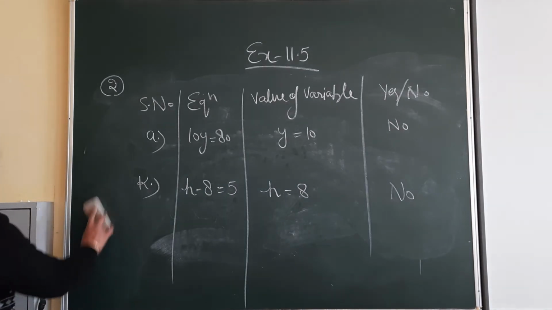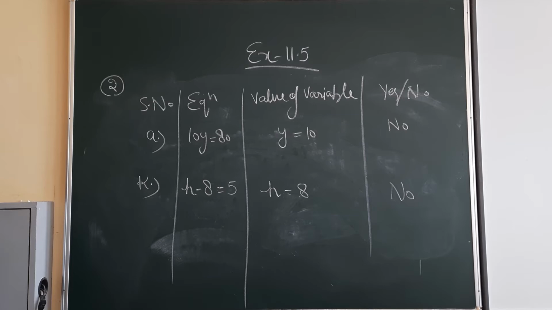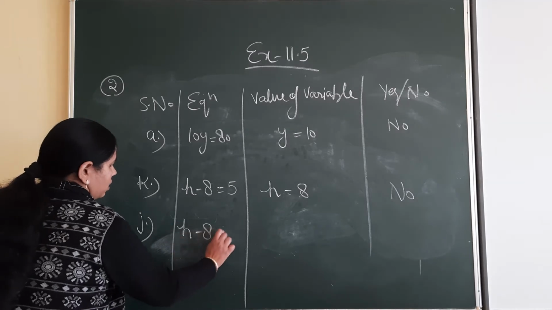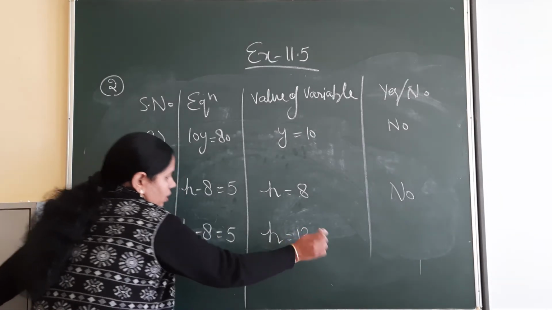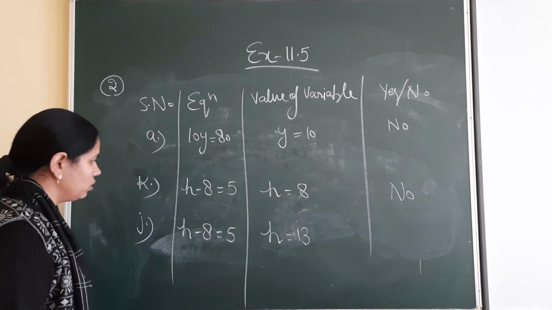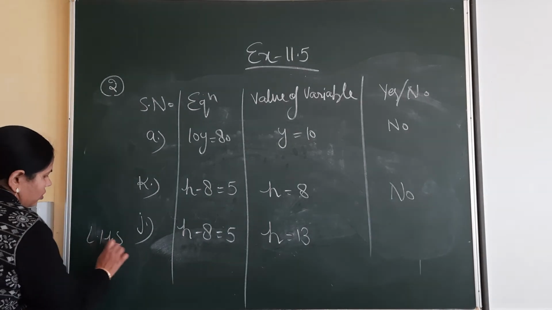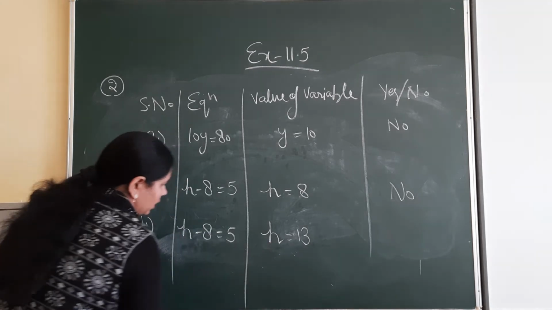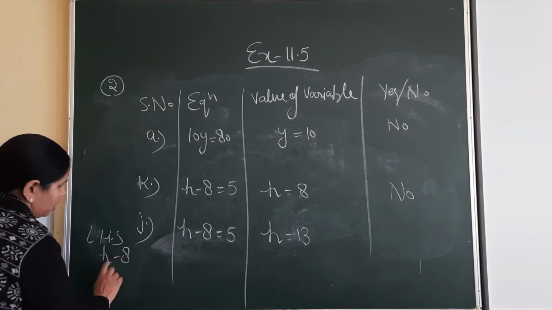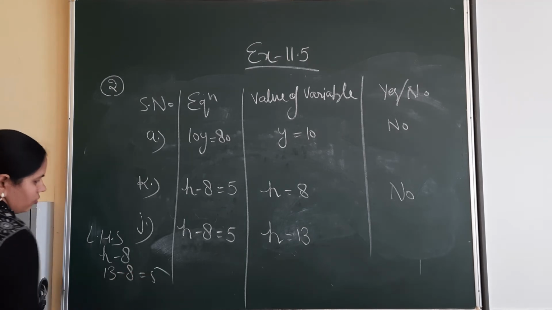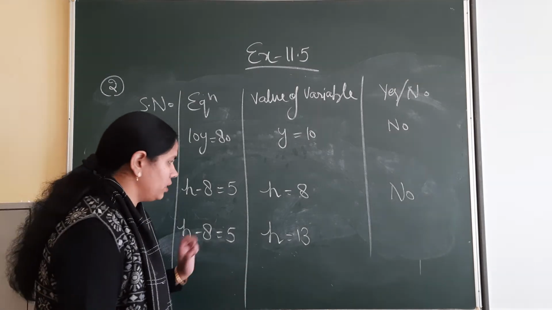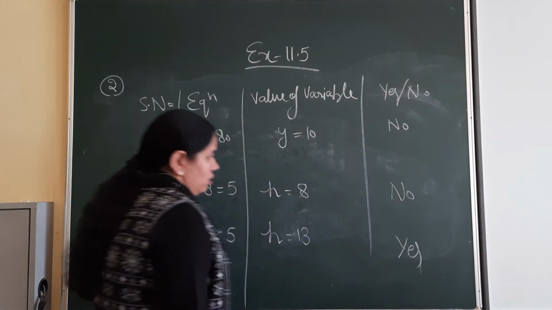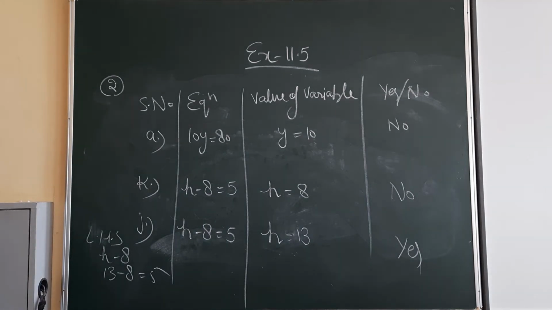Okay, I am taking one more example. I am taking J now. In J, the equation is h minus 8 is equal to 5. Same equation is there. The value of h is given as 13. Again we have to check whether this value satisfies this equation or not. So the process is the same. In the left hand side, do this one in rough part. So h is given 13. Put here in the left hand side h minus 8. Put here 13. 13 minus 8 is 5. Now in this question, the left hand side is equal to the right hand side. That's why this is the value of this given equation. So write here yes. So complete this question in your book only.